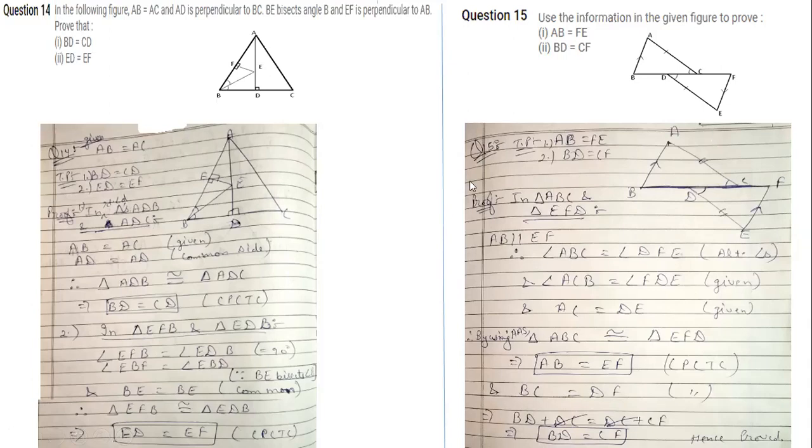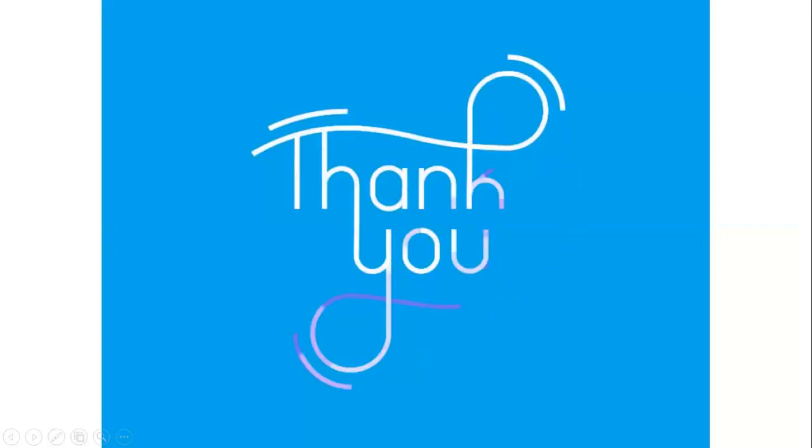Also, this BC, which includes BD, is equal to this DF, which includes CF. And the CD portion is common in BC and DF. See, BC is equal to DF by using CPCTC. BC can be written as BD plus DC and DF can be written as DC plus CF. So cut this common portion. We are left only with BD is equal to CF. Hence proved. So we have done our chapter number 9.